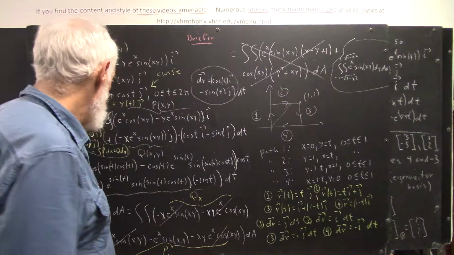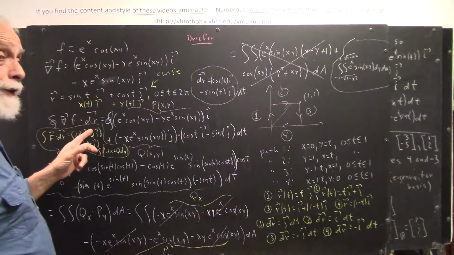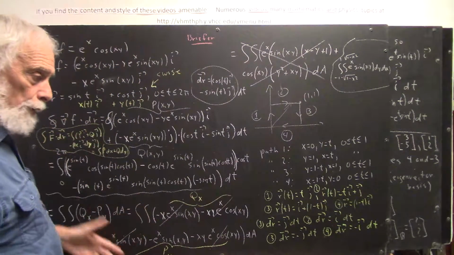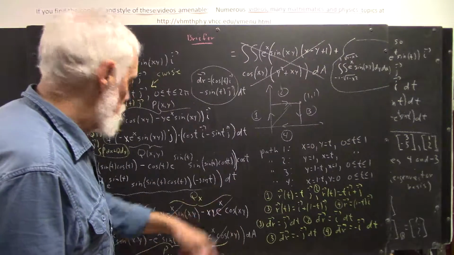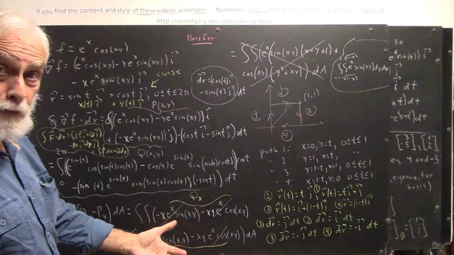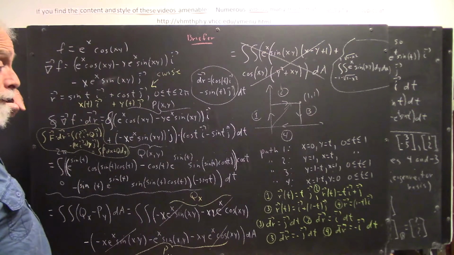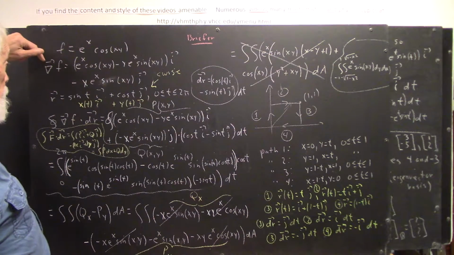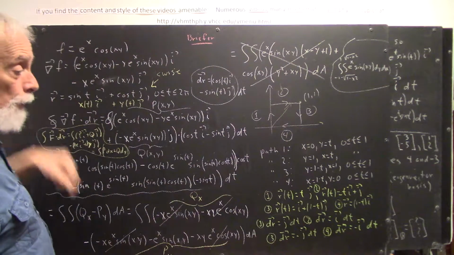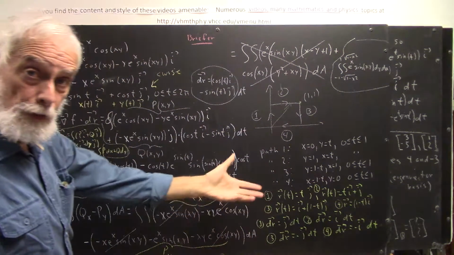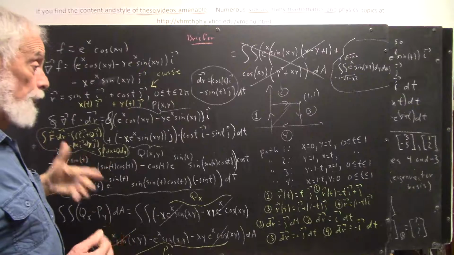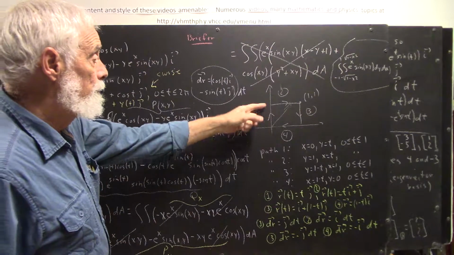Okay, now we want to do the integral of del f dot dr, and we're going to do that in terms of our parameterization. Fortunately now we're not going to have a bunch of sines and cosines, so things are going to be a little more tractable than they were here. Still, we need to express our del f in terms of our parameterization, because it's going to be different on each curve. For example, on the first increment here,